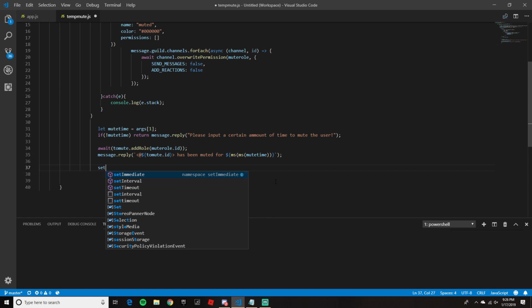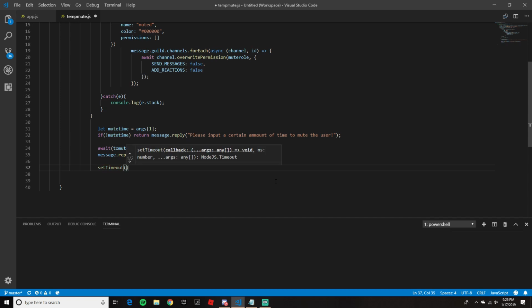setTimeout with a capital T. Put a set of parentheses. function. Put another set of parentheses. So the second set of parentheses is going to be empty. So we're going to go out of that. We're going to put a set of squiggly brackets, and we're going to enter on that. So you guys should have something like this right here. And then you should have a squiggly bracket under parentheses just sitting by itself underneath the setTimeout and then function. And inside of here, we're going to do